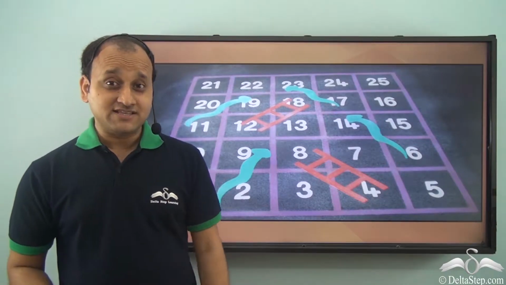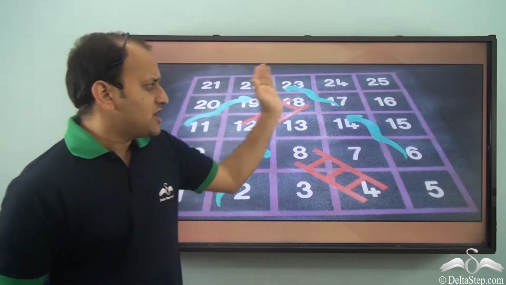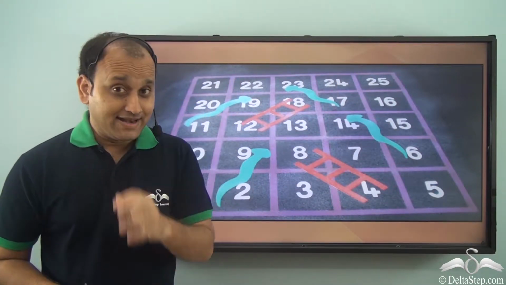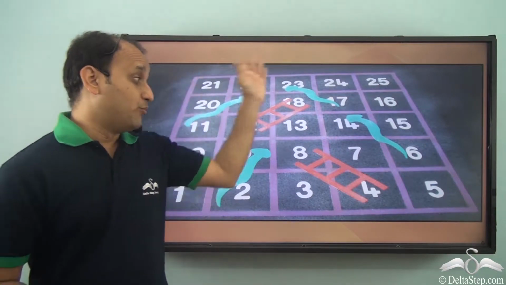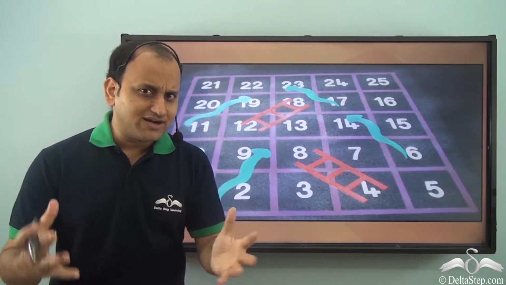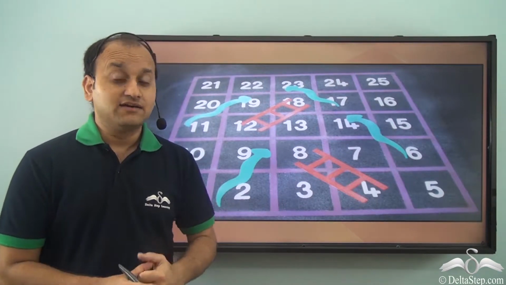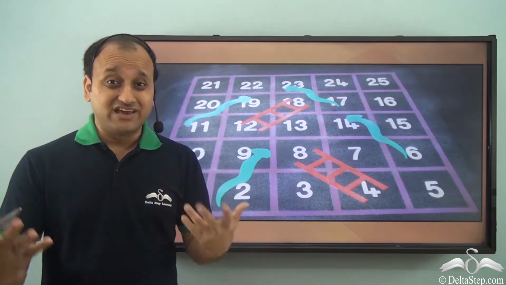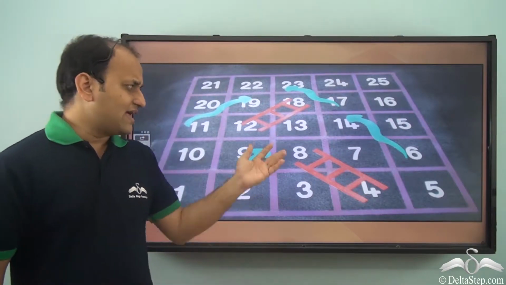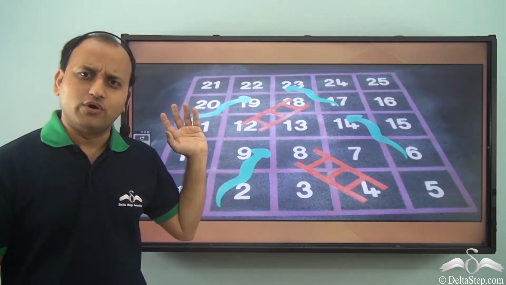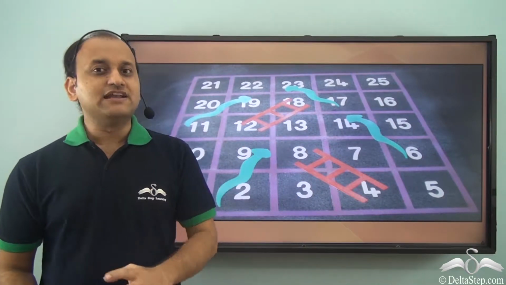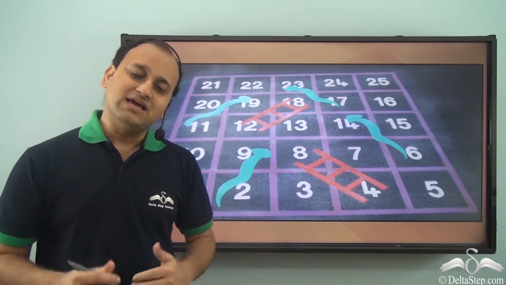Ravi and his friends made a giant snake and ladder game in their colony. Now, once the board was complete, they thought, can they play this game without a die? Well, they will need a die. Now, the dice available in the market are very small and they have a huge board. So, they need a big die too. So, Ravi decided he will make a die himself.